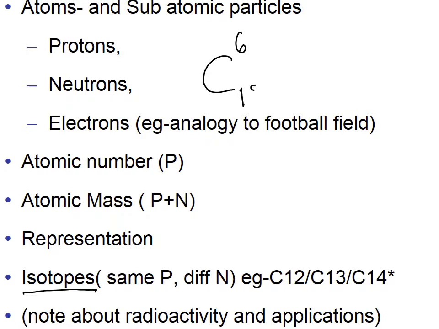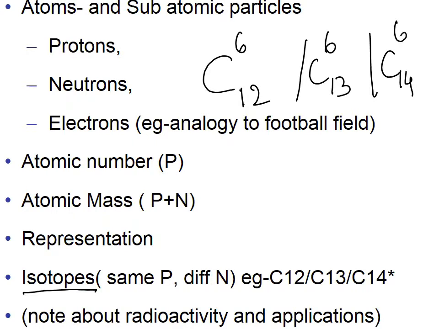You can have C12 carbon, C13 carbon, C14 carbon, but it will always have atomic number 6, which is what decides that this is carbon and nothing else. It is what is representative of carbon. So that exclusivity still exists, but if you notice, the atomic weight is different. Why is this atomic weight different? The atomic weight is different because the number of neutrons